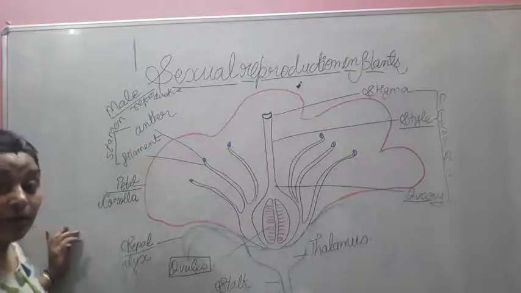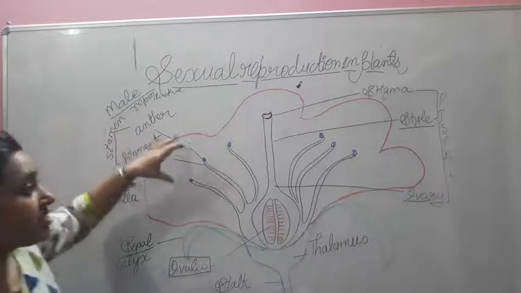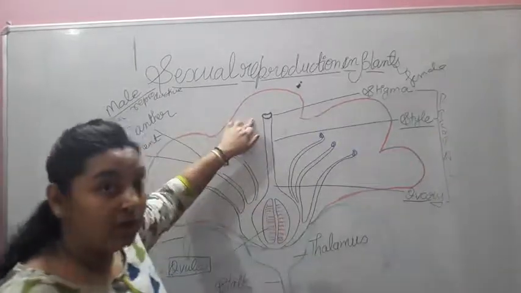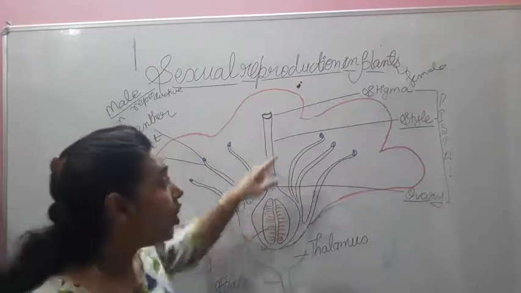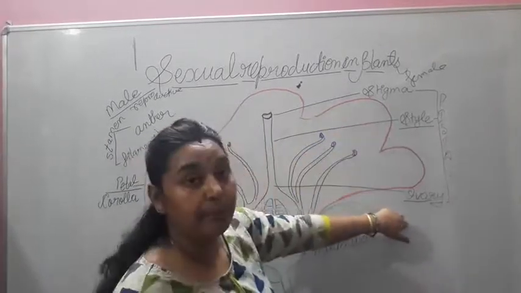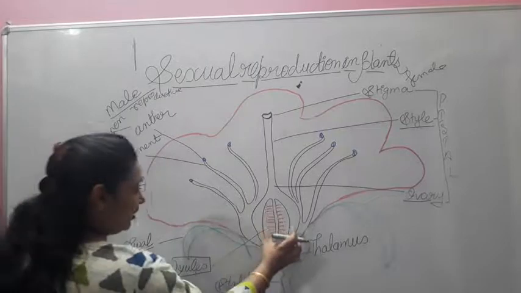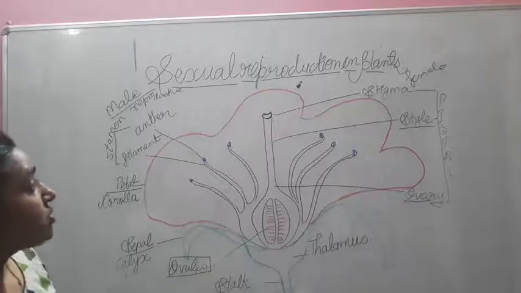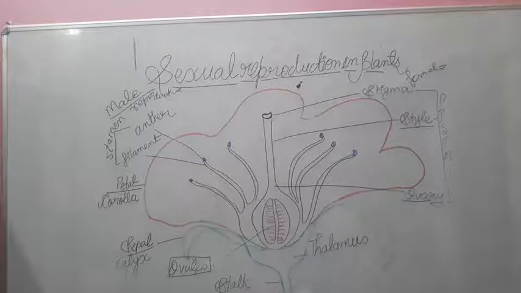The male reproductive part in a flower is called the anther and filament. Together they are the stamen. This is the female reproductive part, which has the stigma, where pollen lands. A long tubular structure, the style, then connects to the ovary. All together they are called the pistil. So stigma, style, ovary together are the pistil, and this pistil is the female reproductive part. Inside the ovary there are a lot of ovules, which are responsible for giving egg cells. So this is the structure of a flower which does the sexual reproduction further.